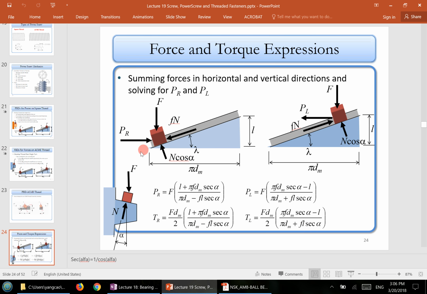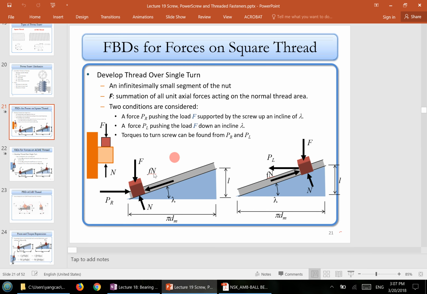And same thing, you can create a free body diagram to calculate the amount of force that you need to raise or lower the load. Once you find the force, you can calculate the torque by using the force times half of the mean diameter, because this force is applied at the mean diameter circle. So you get the amount of torque needed to raise the load, and also the amount of torque needed to lower the load. So if alpha equals 0,